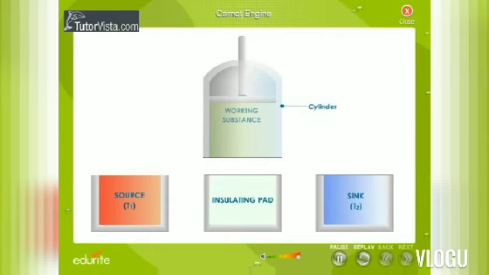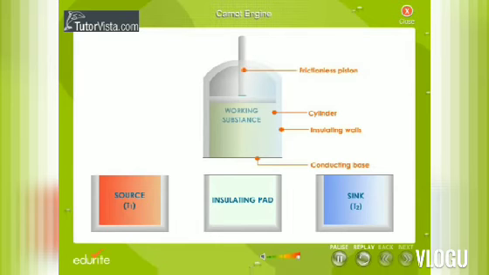The Carnot engine has main parts, namely the cylinder, source, sink, working substance, and an insulating pad. Let us now learn about these main parts. Cylinder: the main part of the Carnot engine is a cylinder with perfectly insulating walls and a perfectly conducting base. It is fitted with a perfectly insulating and frictionless piston. Source: the source is a very hot body maintained at a fixed higher temperature and has infinite thermal capacity. By infinite thermal capacity, we mean that any amount of heat can be taken out of it without changing the